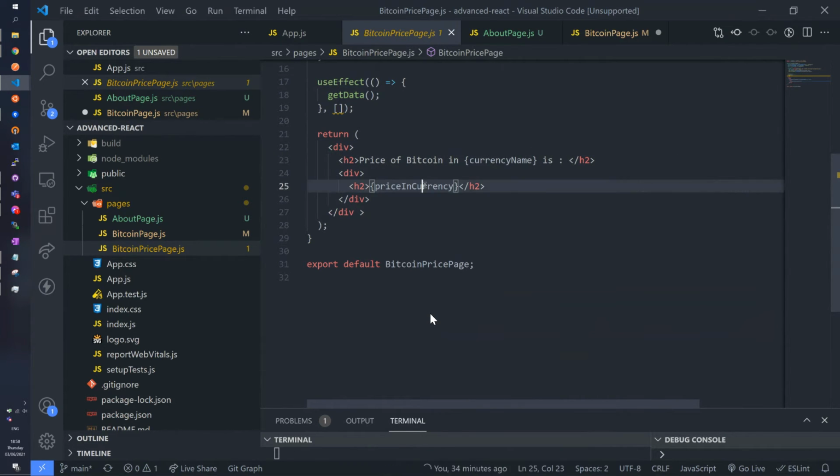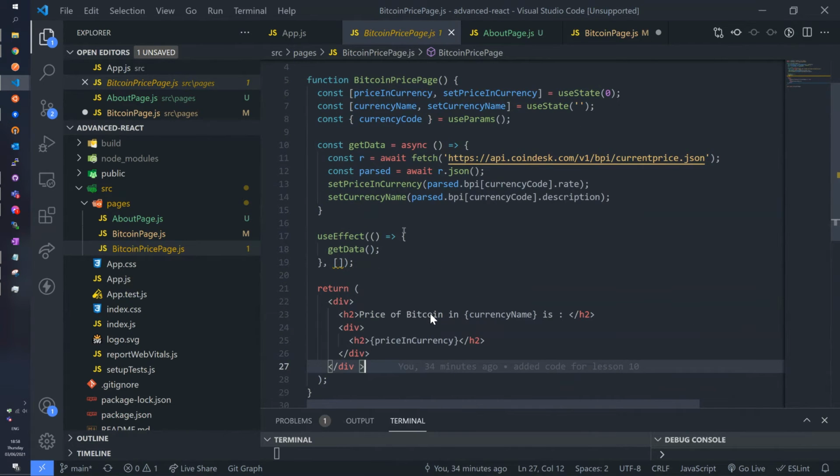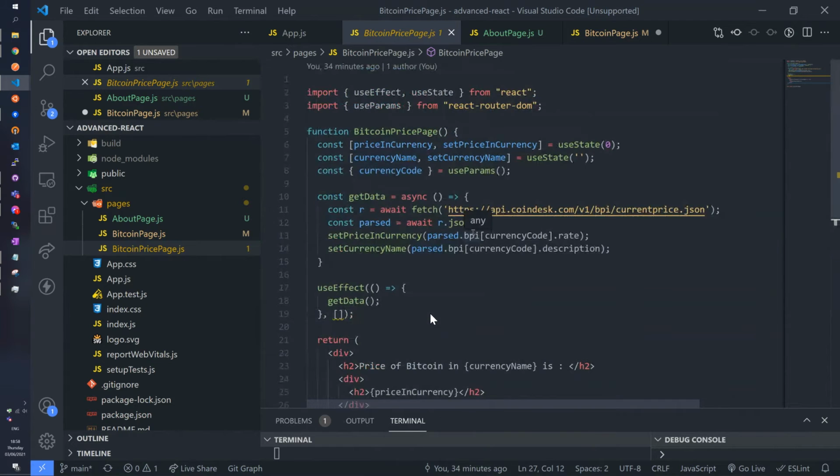Both these things are state variables. We're about to see how we get their value. But at this point, this is basic React. Now, what I did here, I again fetched that data, but normally you would have a separate JavaScript file, fetch the data only once and then inject it in each of the web pages.